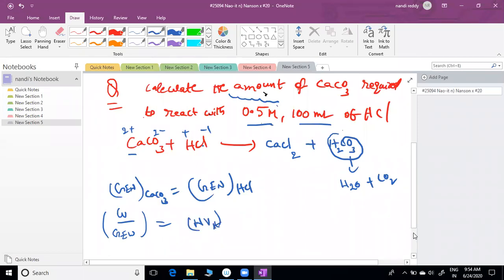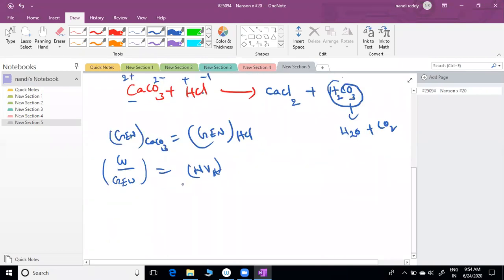Clear? So you have to take normality. The relation is normality equals molarity into n factor. Now, whatever we discussed, everything you have to apply. Are you getting my point? All that we learn are just rules of the game. Whenever the requirement is there, you have to apply them. We are learning, then you are forgetting, and there is no use of that.